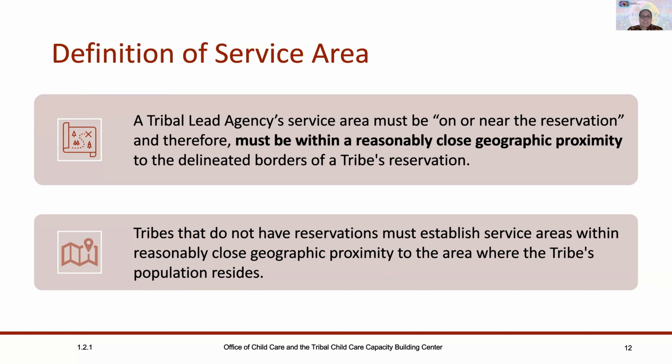It is also important to consider the area in which the CCDF eligible families reside, work, and are needing childcare. The proximity of the families to the tribally operated center, if that is the only type of care provided. The types of providers the tribal lead agency uses, for example, relative care, center-based, in-home, and family childcare available throughout the proposed service area. The capacity of the tribal lead agency to monitor all providers within the service area to ensure the health and safety of children in care.